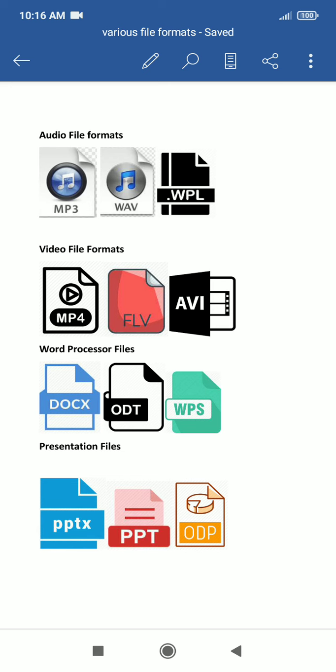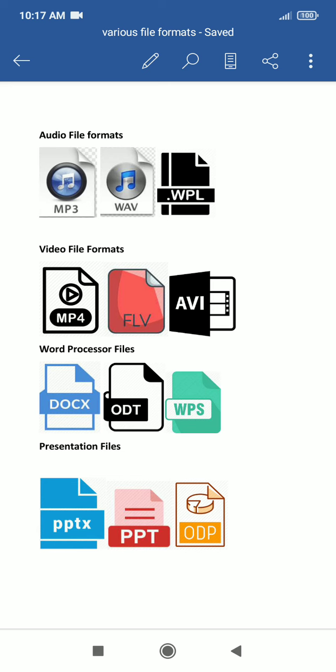Yes, that extension is determining the type of the file. In modern computers, based on the application you are using, it is determining the file format itself. So we never worried about the extension. We simply type the name and we click the save option. This is what we are practicing regularly. But as a technology student, you should update yourself with these various formats. Okay, today is the session for learning such formats.